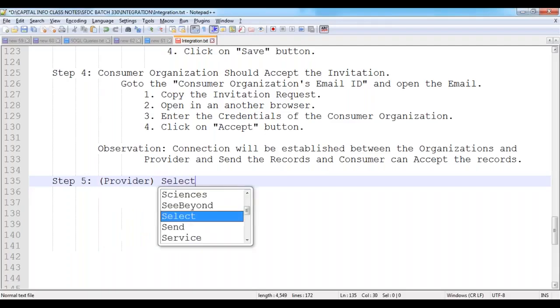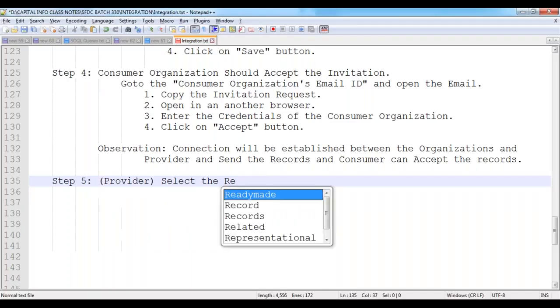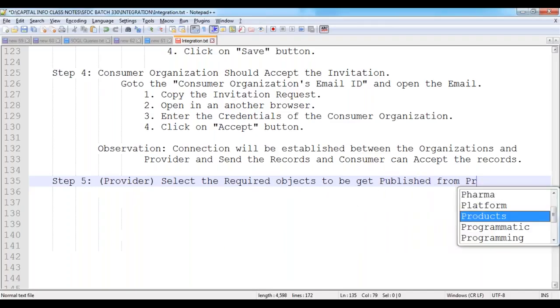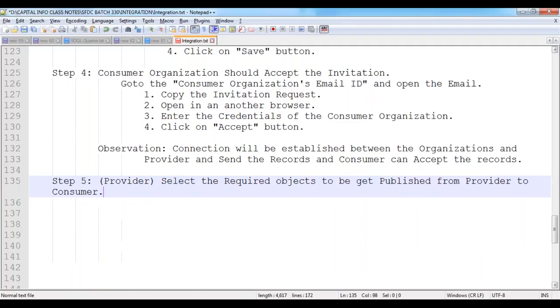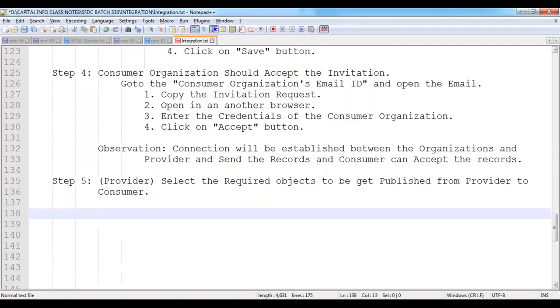Select the required objects to be published from provider to consumer. What objects data would you like to expose to that consumer? Then how can we select? Now inside my provider organization,